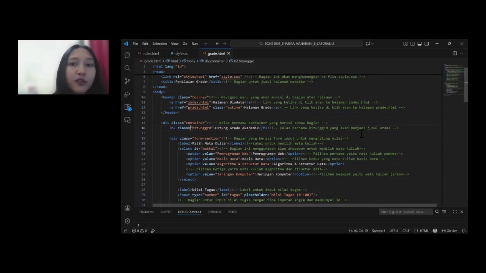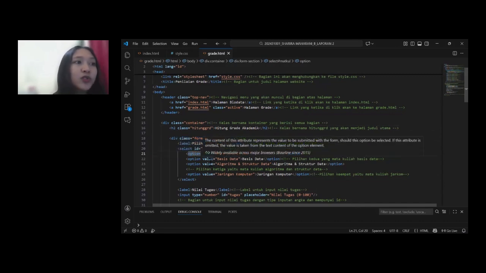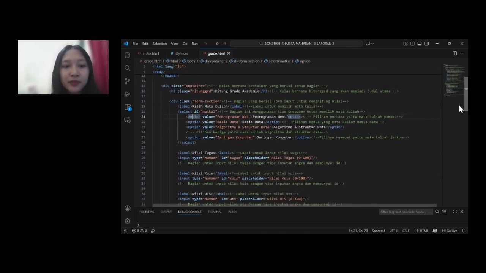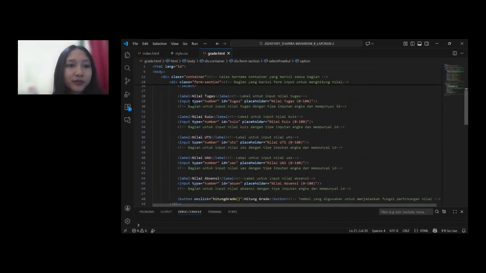Below it is a form section. This form allows users to input several academic components. This form includes the select course, assignment score, quiz score, midterm exam score, final exam score, and attendance.